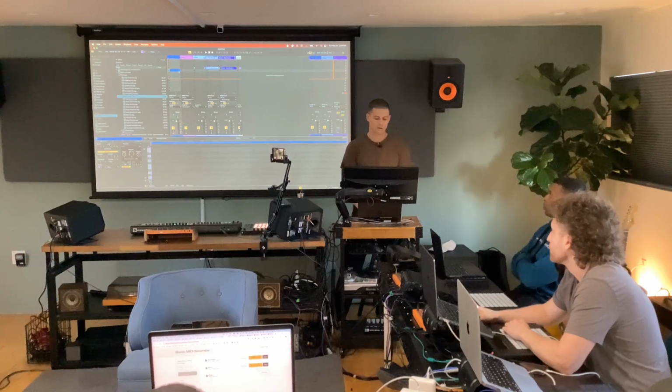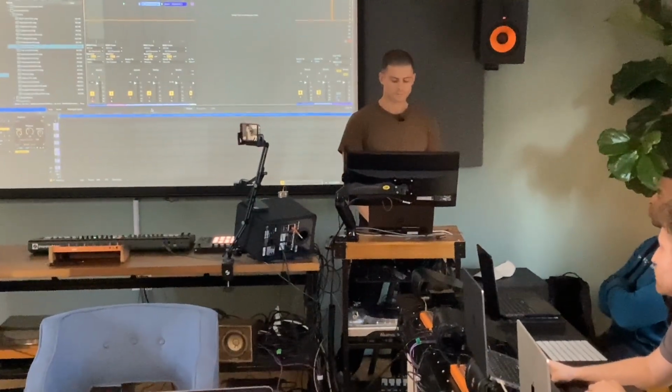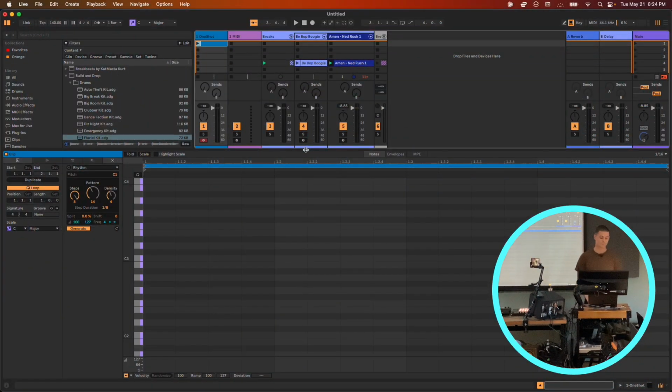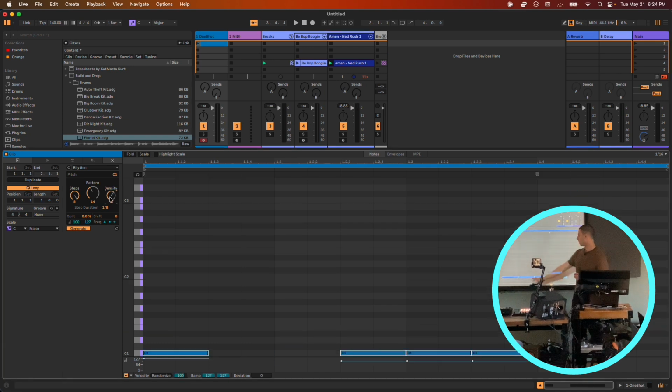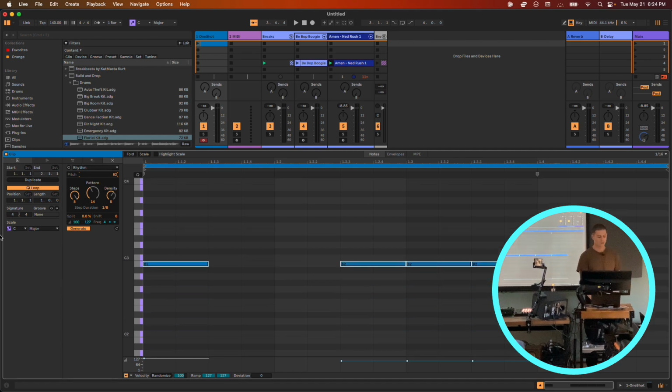So right now I'm here in a MIDI track and I have a MIDI clip that's blank. We'll just start with this rhythm device, which is actually bundled with Live 12. There are two categories: generators and transformers. This is a generator, and all that means is that it allows us to generate MIDI information inside of a MIDI clip, like that. I'm going to turn scales off for now because I'm working with a